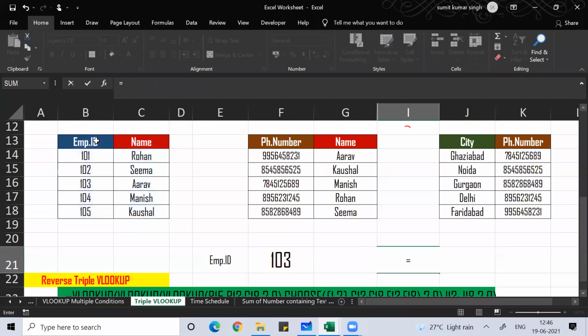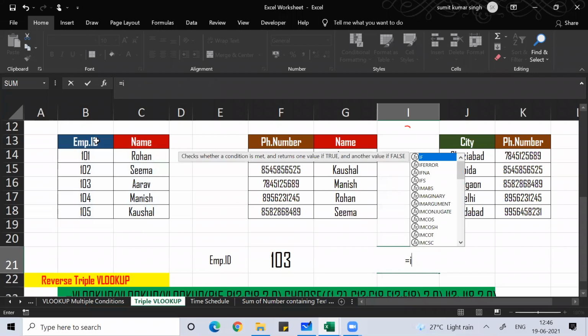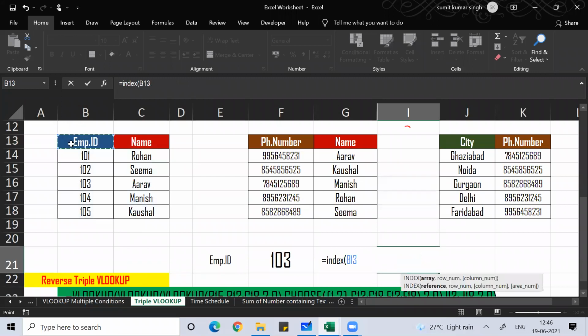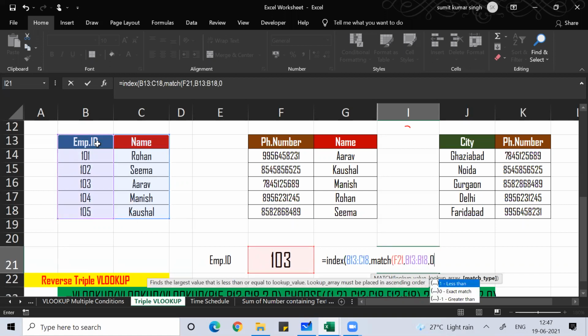Here you need to give the column number also, because if you're selecting everything, you have given the row number but you also need the column number. So, in INDEX, if you select everything as the array, then the row number is MATCH, lookup value is the value you're looking for, comma, lookup array, select everything, comma zero.